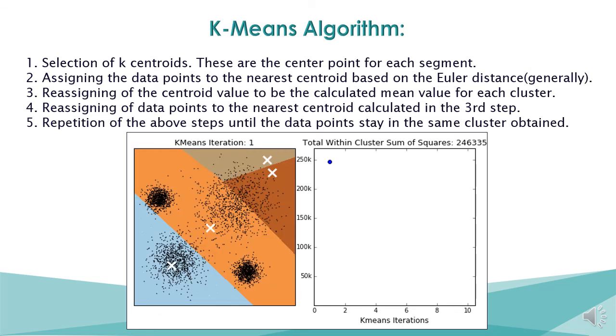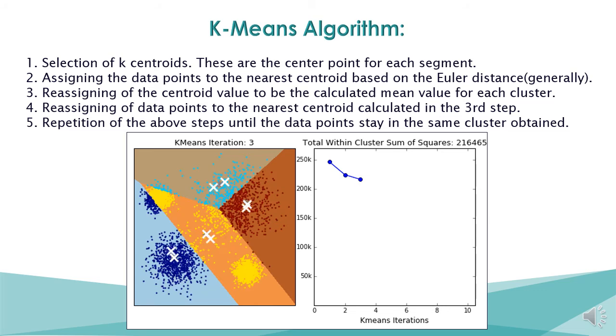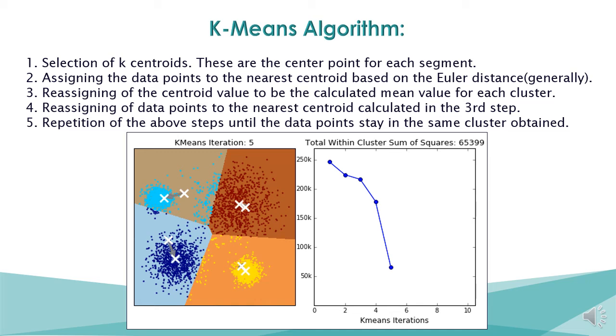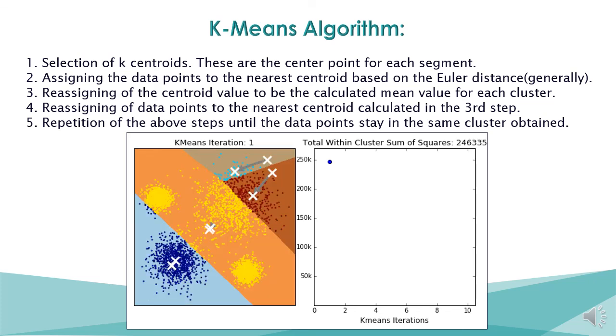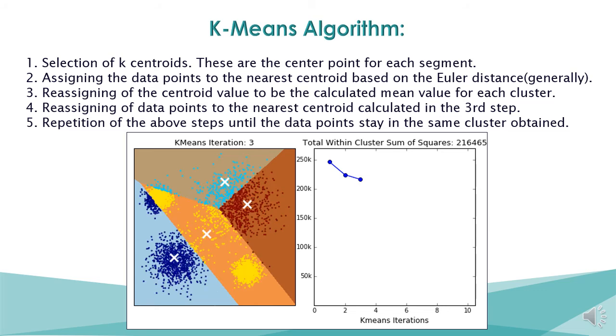For finding the number of clusters, the k-means clustering algorithm has been applied here. The algorithm of how k-means works is given here. We first select k centroids at random. We take some threshold distance and assign the data points to these centroid points. Then we recalculate the new centroids of the assigned data points, and the old centroid points are shifted to the new centroid points. This process continues until we get convergence.